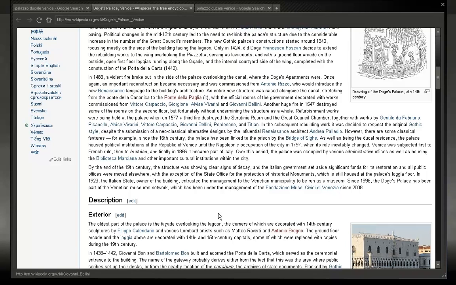Another huge fire in... Wow, there's a lot of fires in this building. You don't want to live in this building. Another huge fire in 1547 destroyed some of the rooms on the second floor, but fortunately without undermining the structure as a whole. Refurbishment works were being held at the palace when in 1577 a third fire destroyed the Scrutinio room and the Great Council chamber, together with works by Gentile da Fabriano, Pisanello, Alvise Vivarini, Vittore Carpaccio, Giovanni Bellini,